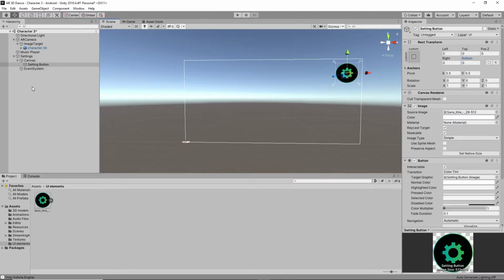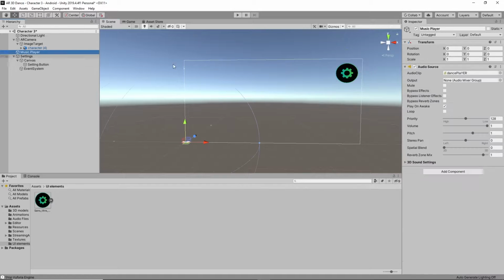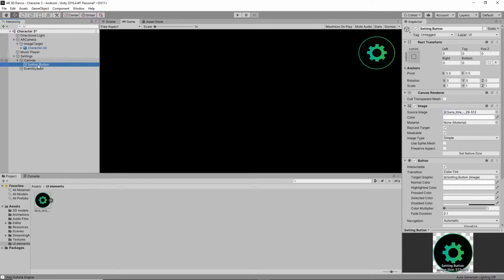So in the settings button, we have to make some modifications, right? What is the functional settings button? It's not just a button, right? We can modify some things like voice, sounds like that. So in this, we are going to add one feature. That is nothing but we are going to control the song audio volume, because we already have a music player, right? This music player contains an audio clip, so we are going to control this audio clip by using buttons. To control the audio clip, we are going to take a slider first.